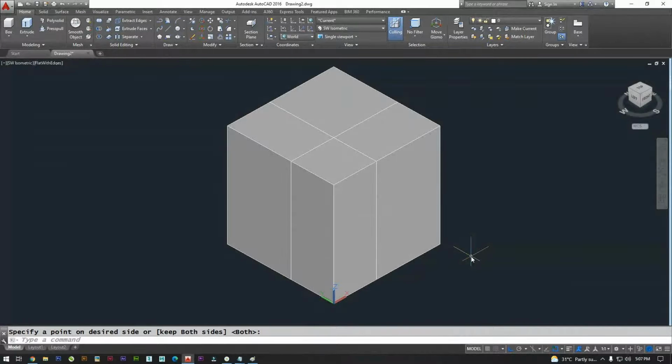If I want to cut it in the Z plane, XY, 0 comma 0 comma value, because X and Y will remain constant and the Z value we are specifying.